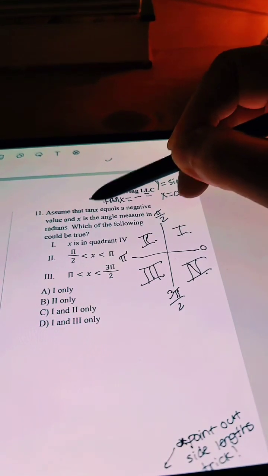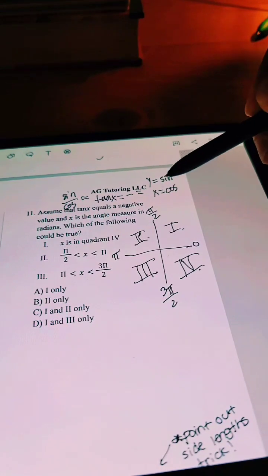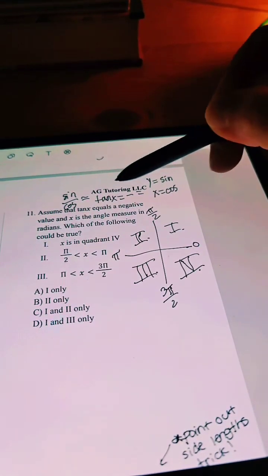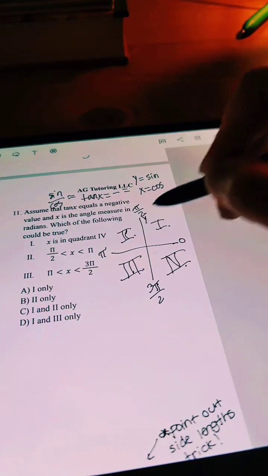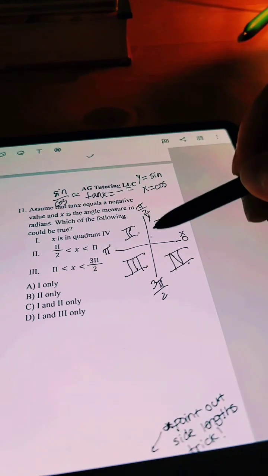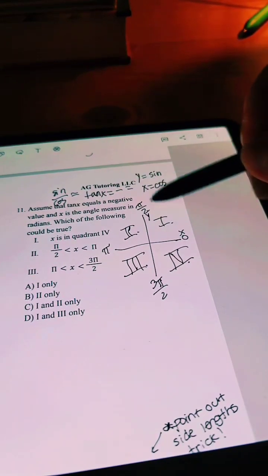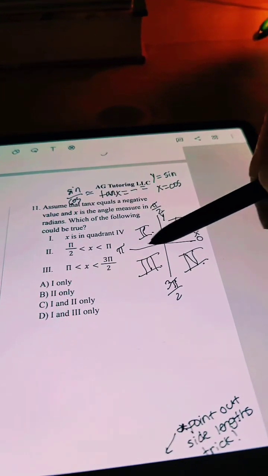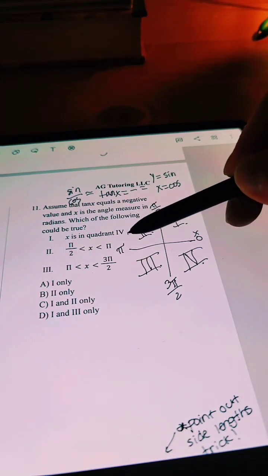So if tangent is equal to sine over cosine, then that means that one of these needs to be negative for the whole thing to be negative. So if this is your y-axis, this is your x-axis, think, okay, well, it's both positive right here in quadrant 1, so it can't be that one. Over here, you have a negative x, and you could have a positive y, so it could work in quadrant